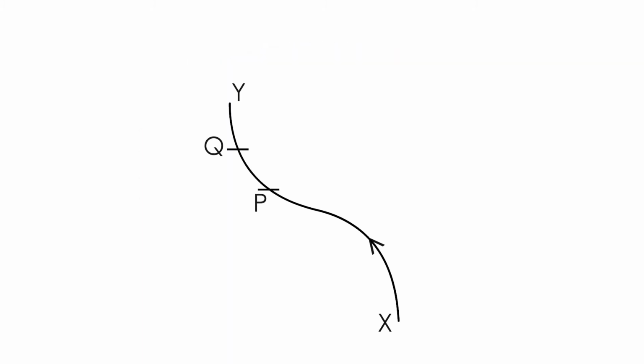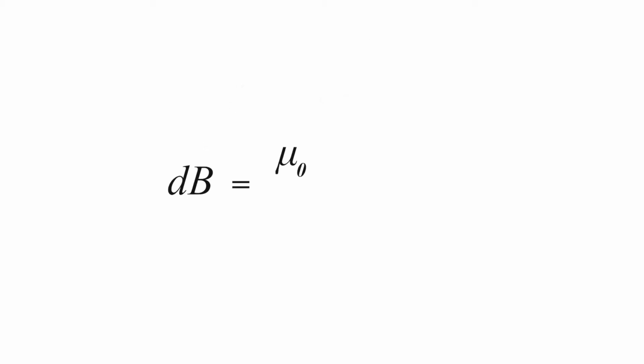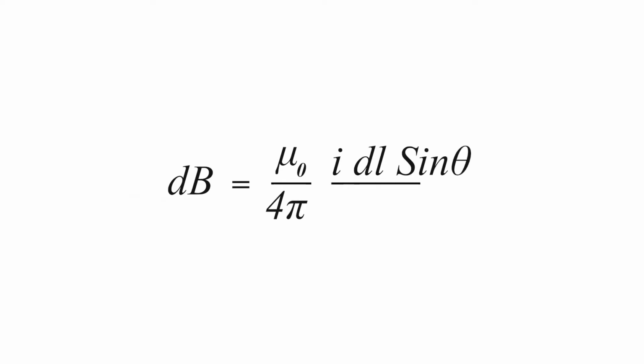According to Biot-Savart's law, the magnetic field dB at a point due to an element of a conductor carrying current is directly proportional to the strength of the current I, directly proportional to the length of the element dl, directly proportional to the sine of the angle theta between the element and the line joining the element to the point, and inversely proportional to the square of the distance r between the element and the point. That is, dB is equal to mu0 by 4 pi into I dl sine theta, the whole divided by r